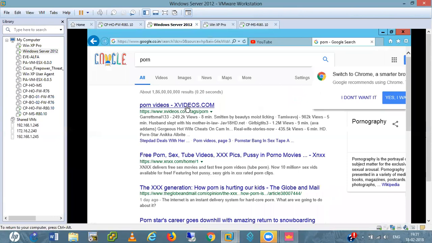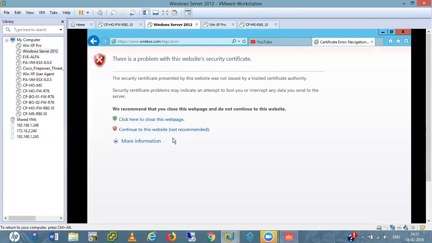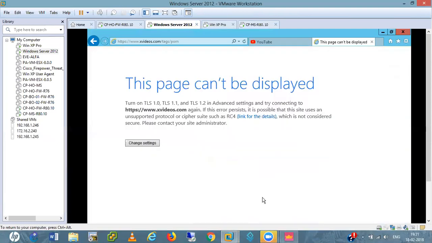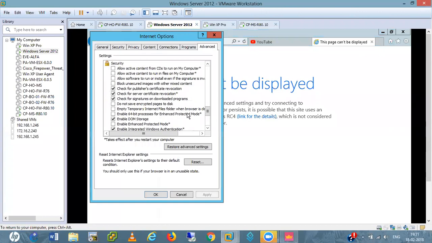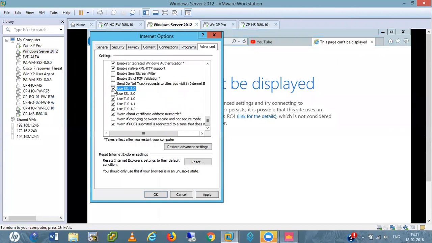If I go to this website now, continue. TLS on this advanced setting and connection to this. I need to change the settings here and enable these things.